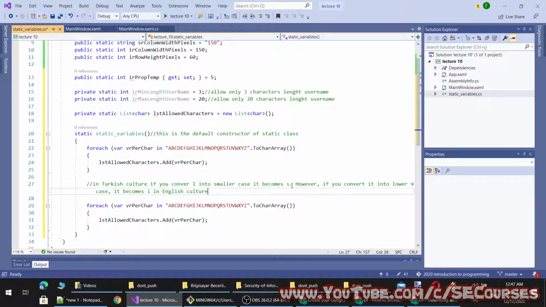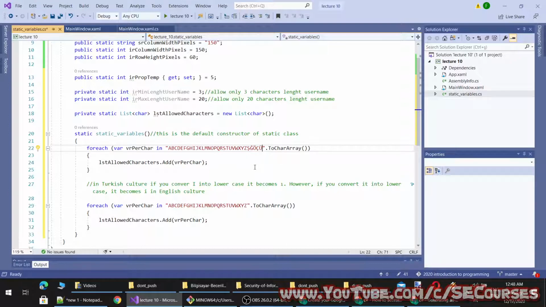Therefore, it is important which culture you are using. So I will allow both Turkish characters and English characters. I am adding the Turkish characters like this in the username.